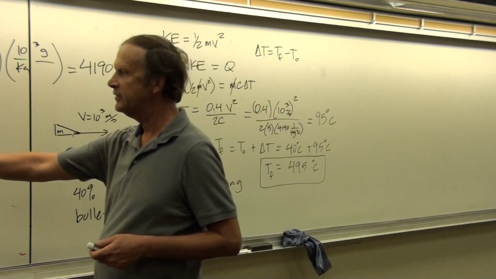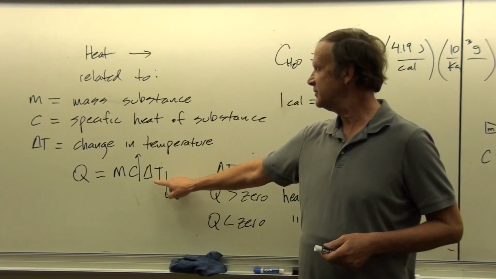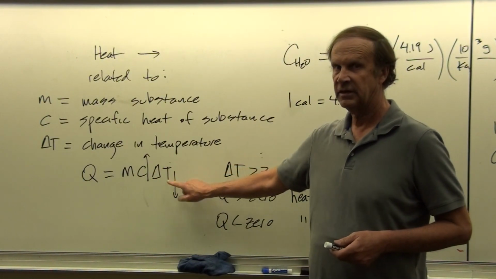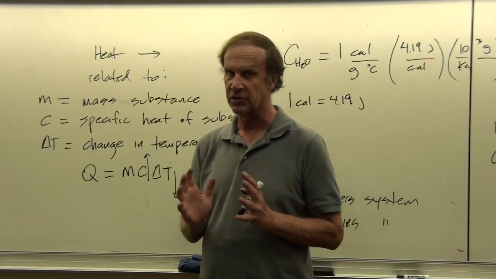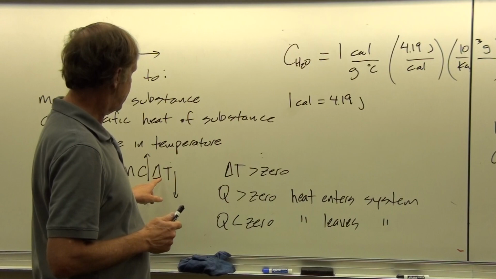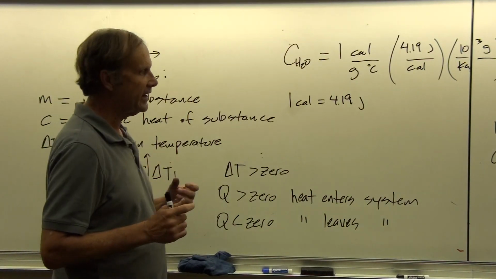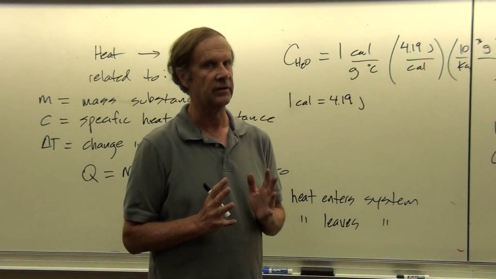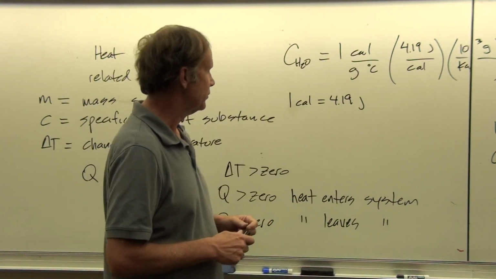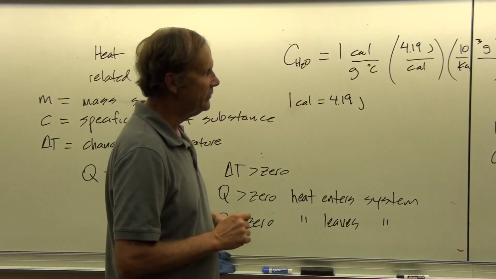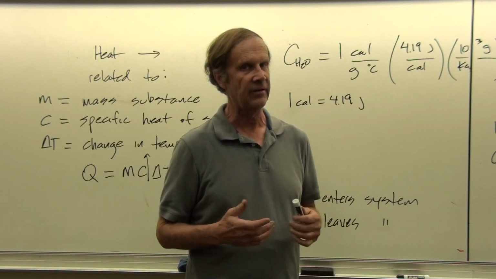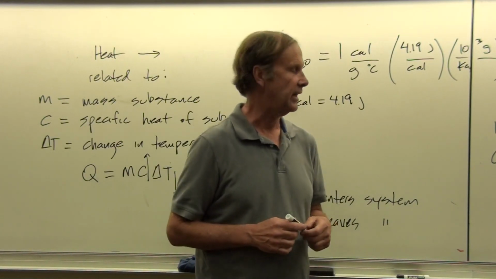And we'll notice over here in this equation, Q equals mc delta T, that it's a change in temperature and not a temperature itself. So if we're talking about just temperature, then it's got to be degrees Kelvin. But if we're talking about a change in temperature, then that could be degrees centigrade or degrees Kelvin. So either one will work for a change. But for an absolute temperature, like what we had in that previous example of the RMS velocity, you're stuck using degrees Kelvin. You have to use it no matter what.